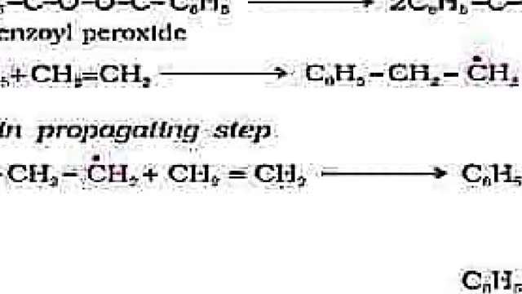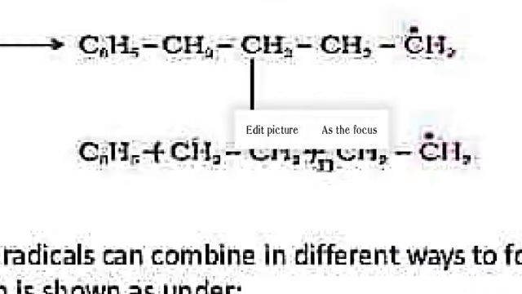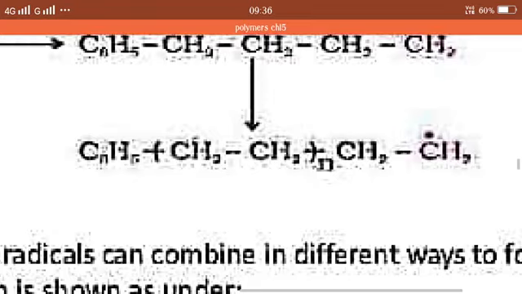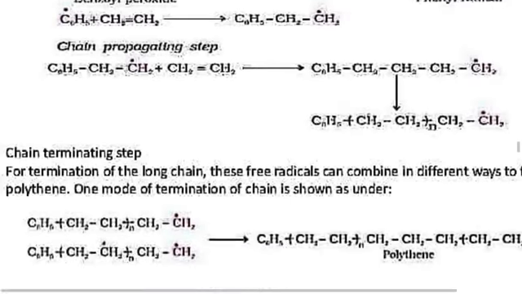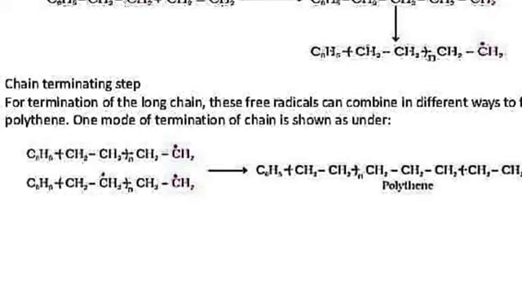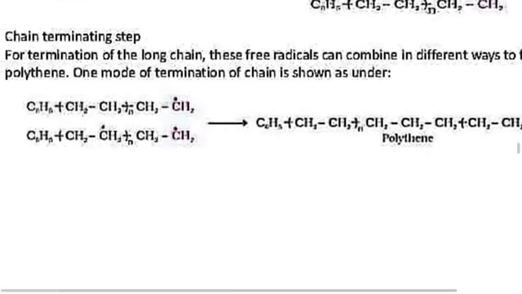Now this molecule will react with another ethene molecule, and you see the chain length has increased. So it goes like this, and n molecules of CH2 combine and you get a new free radical chain. So this is a big chain of free radical. This is the chain propagation. Now the chain will terminate. You have one chain like this, and another chain of the same kind. The two chains combine together and you get a big molecule, polyethene, which is the chain terminating step.